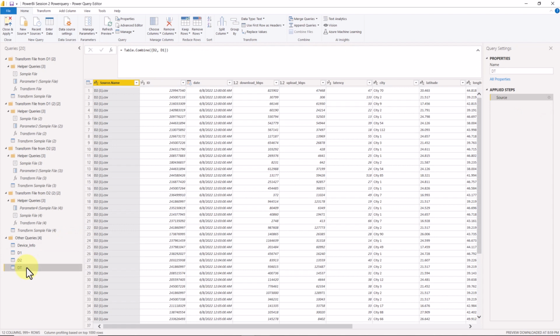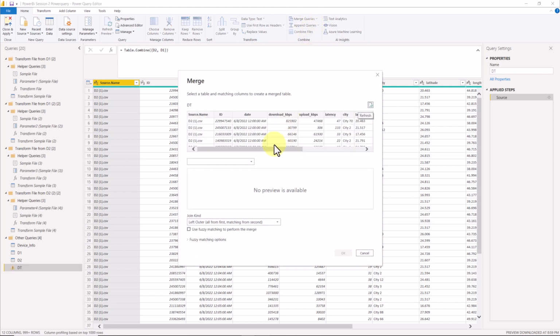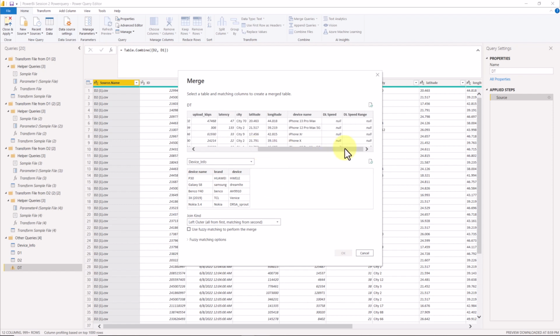So I click on this one. Then I go again to the home page, and at the top right here, merge queries, and this time you make it as merge. And merge is like you can see now. Here, first of all, since I'm clicking the DT table, it's giving you my DT table. Which table do you want to merge? I want to merge it to the device info, right? So which columns would you like? This can be done even with one or two or three more columns. It's like a VLOOKUP. But since we have only one column which is having